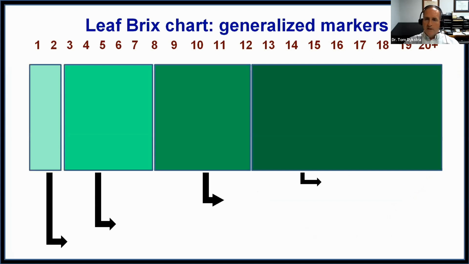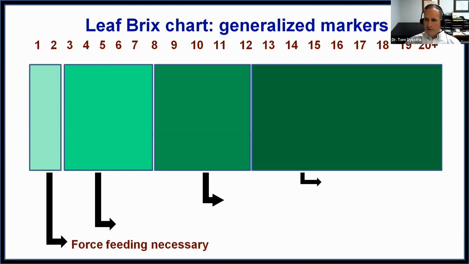With that, there's a chart that I have made up, and this has to do with leaf brix. This is not root brix. It's not stem brix. It's not even fruit brix. It's leaf brix. So I'm just looking at the leaves. I want to understand how healthy a plant is, and when we do that, I've got four main categories that I've been able to delineate. The first one is essentially leaf brix of 1 to 2. They're not healthy, as you might imagine.